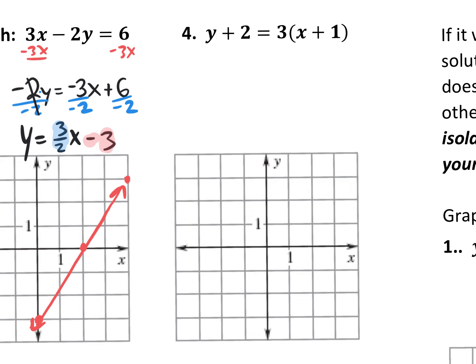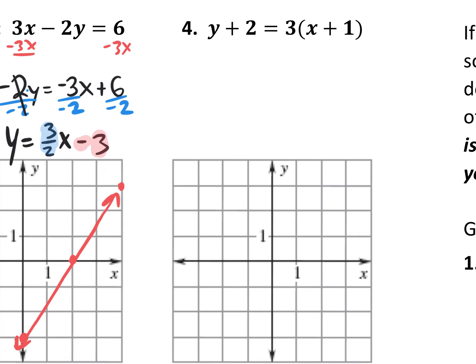So if you wanted to, you could rewrite this in slope-intercept form. How? By distributing, by moving it over, and then it'll be in y equals mx plus b. Or, knowing point-slope form, y minus y1 equals m parentheses x minus x1, you should be able to identify your